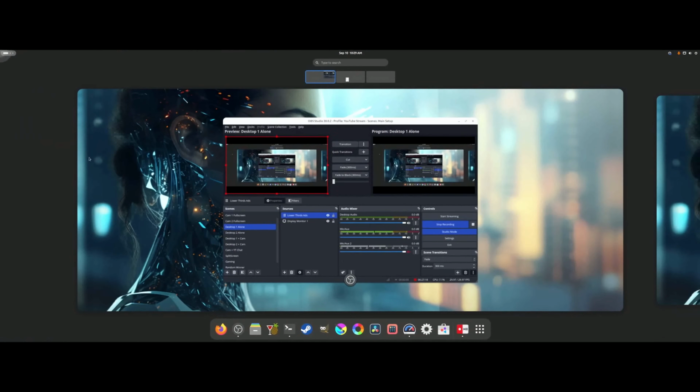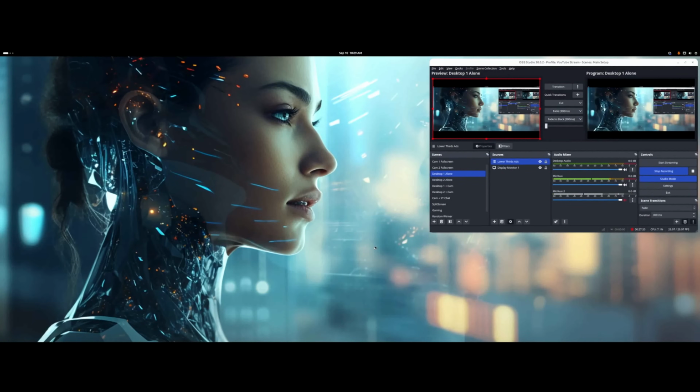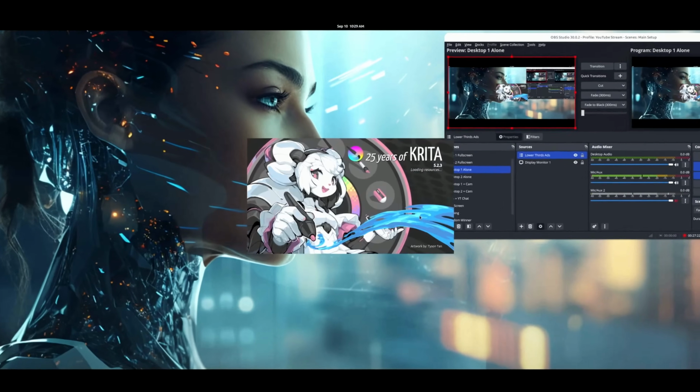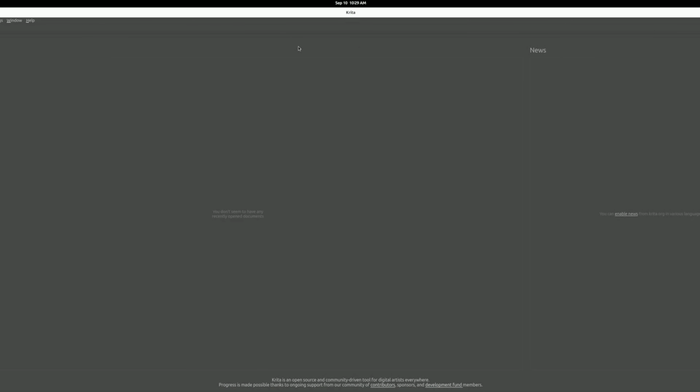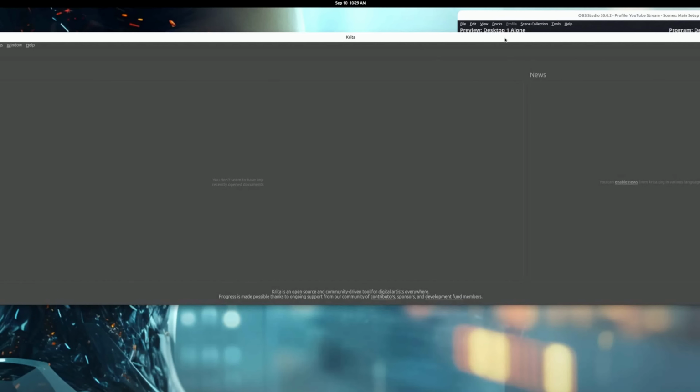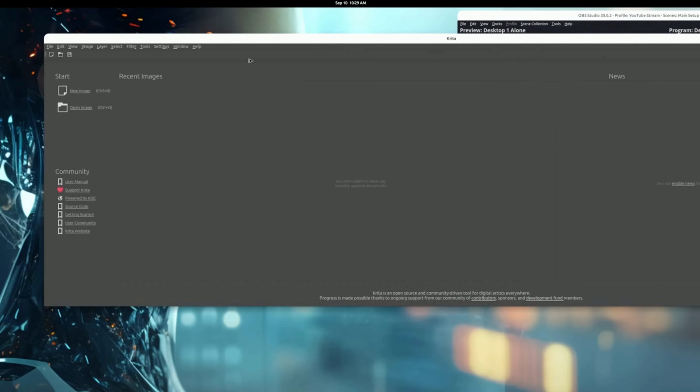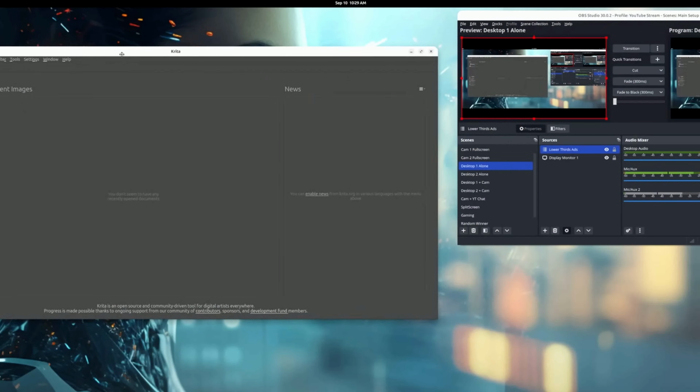The other thing was Krita. Now, I like Krita even better. Let's go ahead and run Krita. Now, I've never opened Krita before, so let's see how long it takes. Oh, okay. Well, there you go. It opened pretty quickly. So this is Krita. Now, Krita is another image editor, right? This is obviously widescreen right now. Let me shrink it down so it's not so wide. Here we go. There we go. We'll stick that over here somewhere.